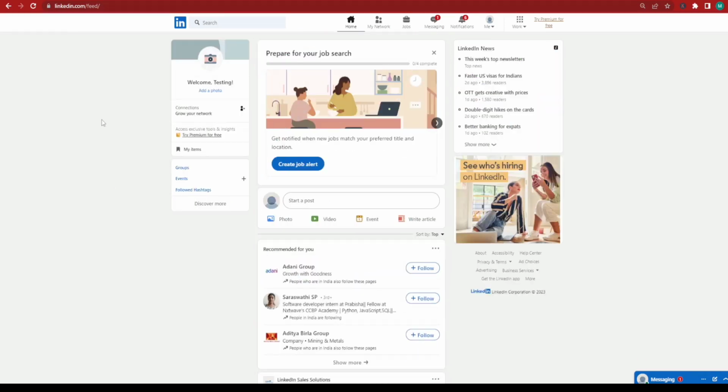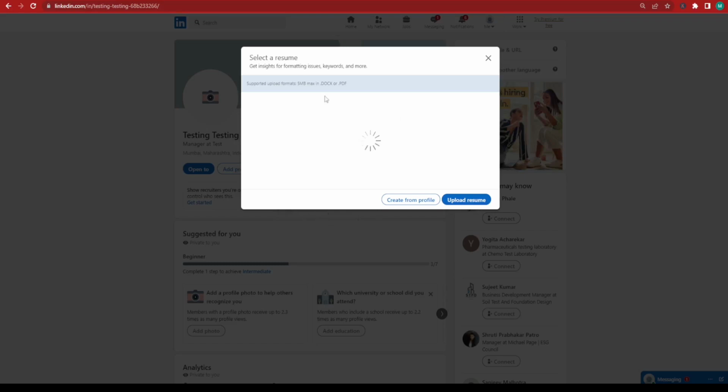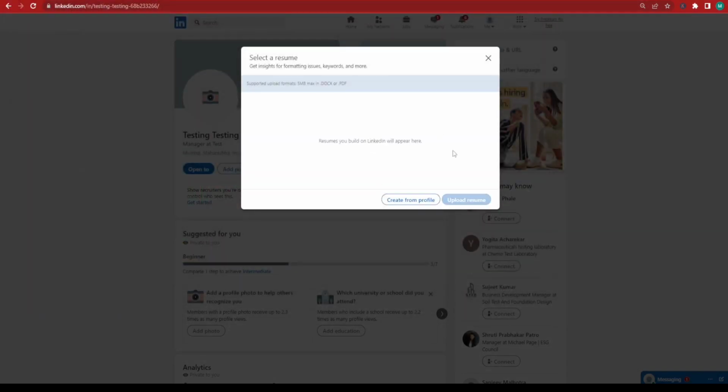Alright, so in order to upload your resume on LinkedIn or upload CV in LinkedIn, all you need to do is click on your profile name, go to the more section and click on build a resume for LinkedIn. Now it will give you two options, create from profile or upload your resume. Upload resume is always better as it is much easier. Just click on the upload resume file, select the file